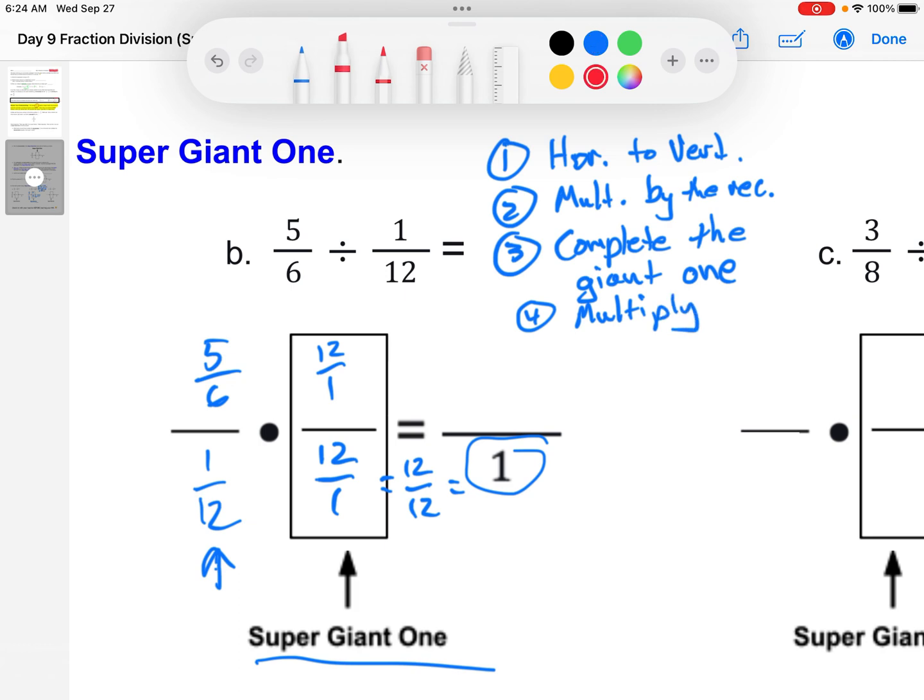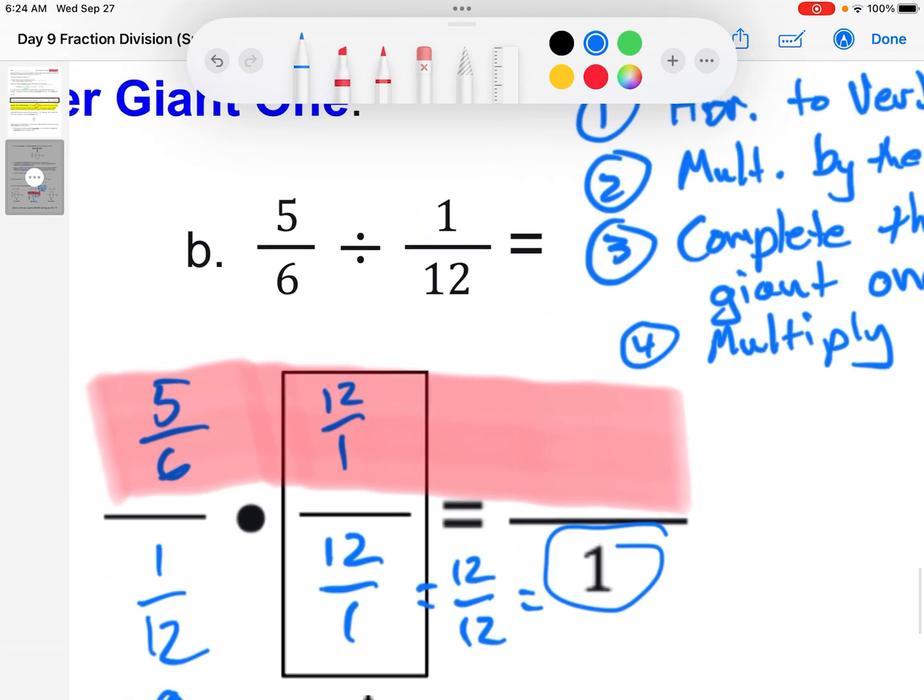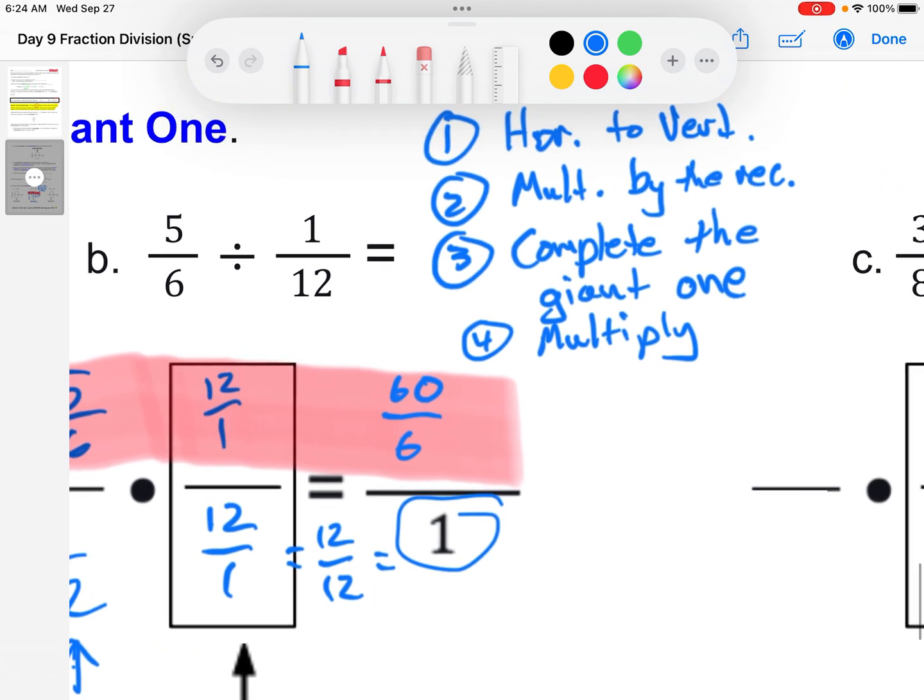I am multiplying just these numerators here. So what do I get on the top? 5 times 12, which is 60, and 6 times 1, which is 6. We can simplify 60 divided by 6. Well, before we do this, keep in mind 60 over 6 divided by 1 is 60 over 6,